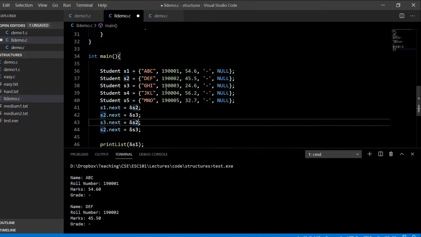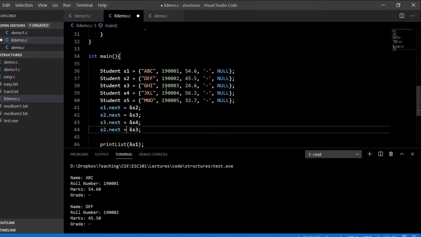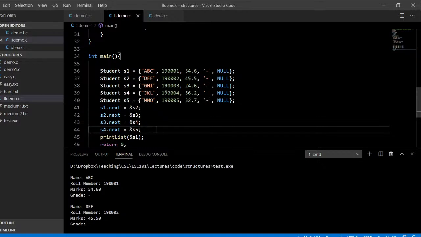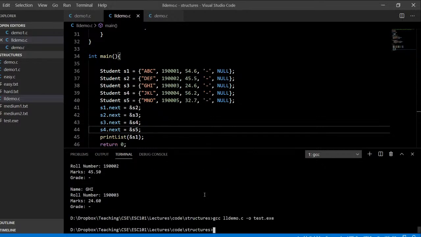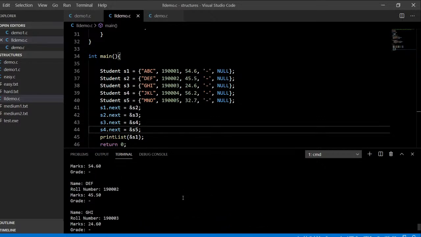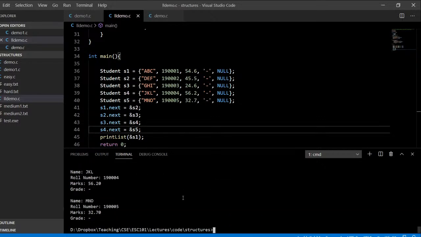S3.next equals S4, and S4.next equals S5. So now when I print out the list, what do I get? 1, 2, 3, 4, 5. I get all 5